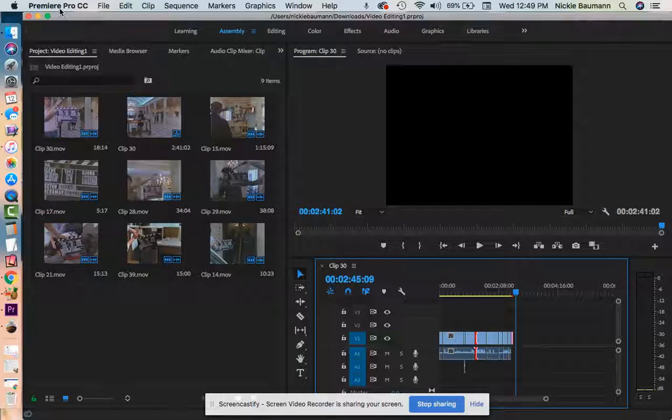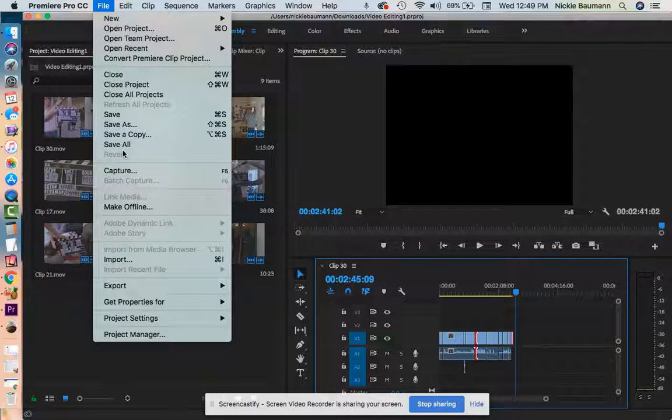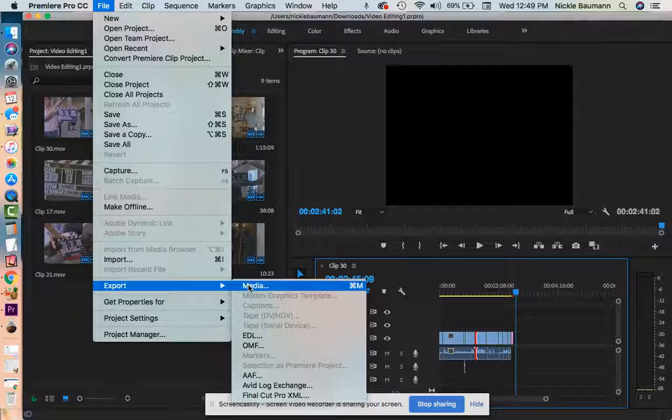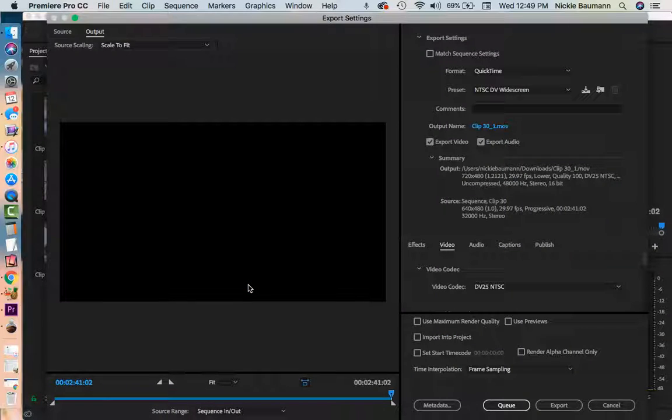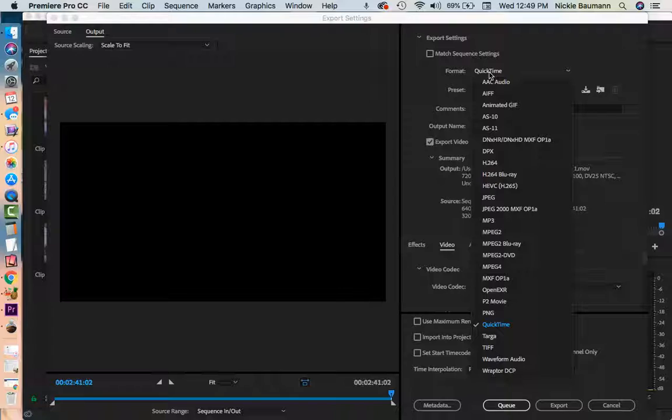I'm going to make sure I have Premiere Pro up here. I'm going to go to File, Export, and Media. There's several options we can choose. Sometimes the default is QuickTime, which is an MOV file. However, if you want to ensure that you have a higher quality, you can go to H.264,